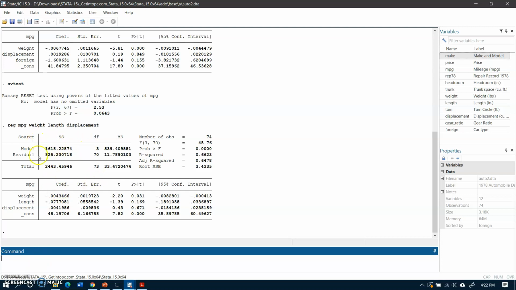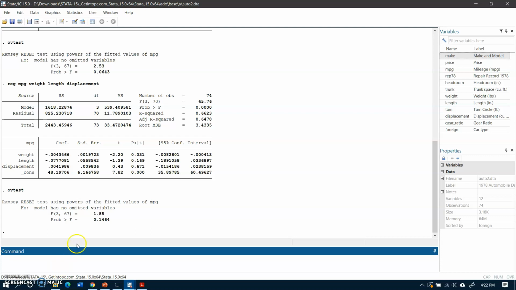Again, this is the result of this model, and in this model now only one variable is significant, that is weight. Length is not significant, it has a negative sign. Displacement is not significant. Let me conduct the omitted variable test, and this also shows that we fail to reject the null hypothesis that the model has no omitted variables.